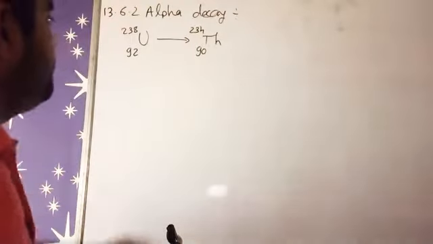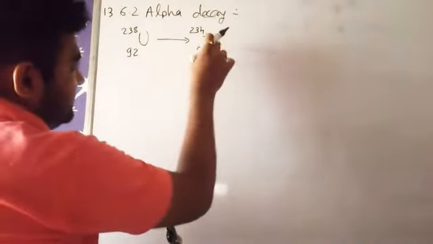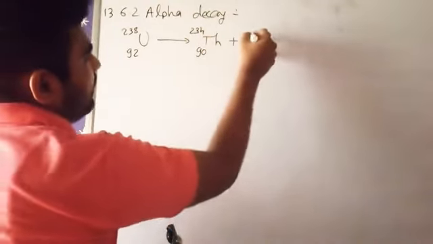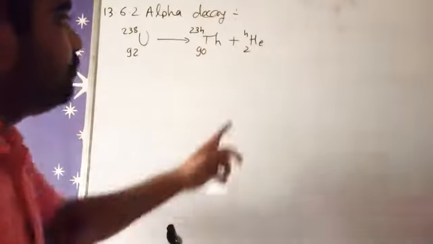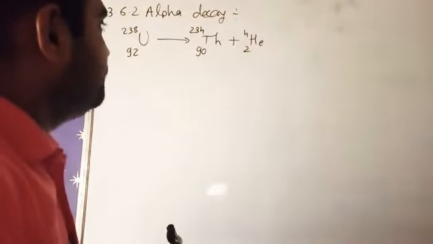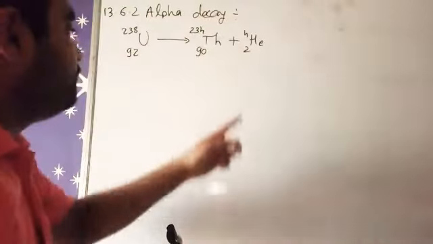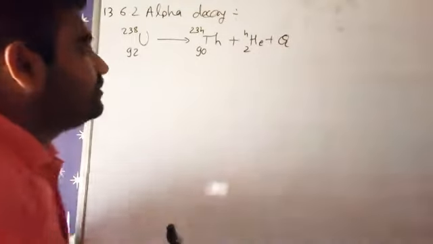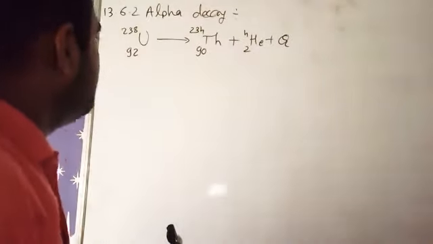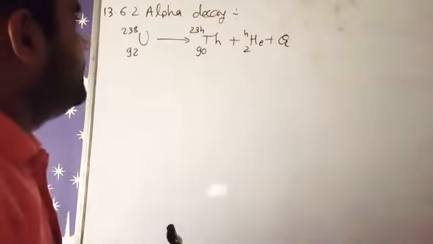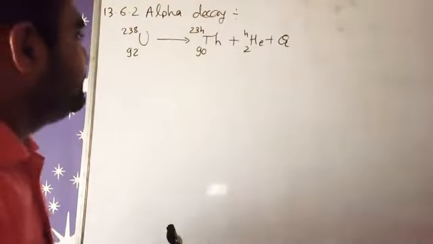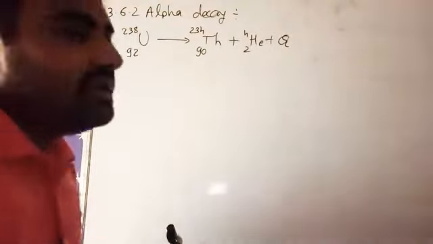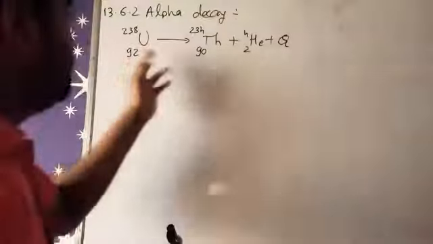So now with this nucleus we have one more nucleus that is called 2 helium 4. So 2 helium 4 means alpha. So this reaction is known as alpha decay, and some amount of energy will be released during this process, right? So always we have to remember, whenever alpha decay comes to reaction, there will be 2 less in atomic number and 4 less in atomic mass, right? So that is our equation.